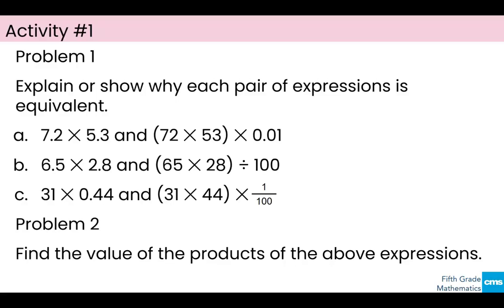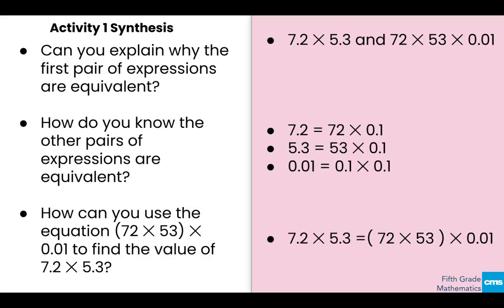Take a moment and think about how you would explain it. In this activity, ask students to explain how we know the first two expressions are equivalent. In the activity synthesis, ask students to explain how we know that the first two expressions are equivalent. Look for students to notice that 7 2/10 is equivalent to 72 times 1/10, and 5 3/10 is equal to